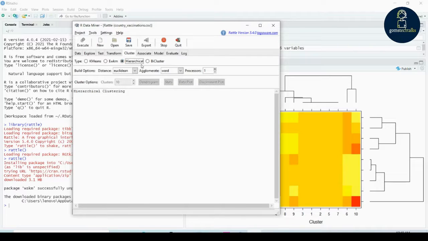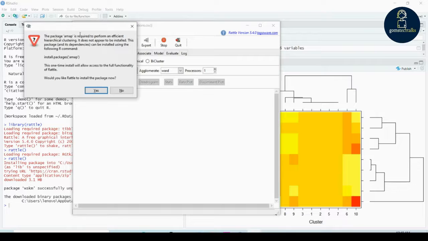Once you click hierarchical cluster, you have to change some settings, since hierarchical clustering calculates based on distance. You have different distance measures like Euclidean, maximum, Manhattan, Canberra, binary, Pearson correlation, and Spearman. Whatever you want, you can give it. And for agglomerate, you can give complete, single, or average. These are the measures we have to specify. Once everything is done, you can simply press Execute.